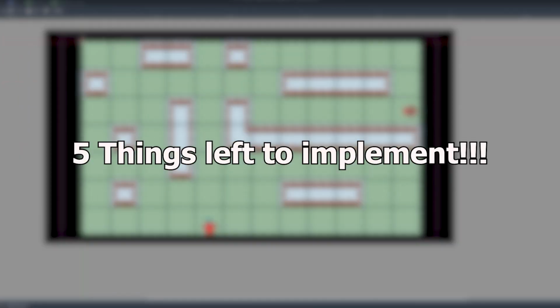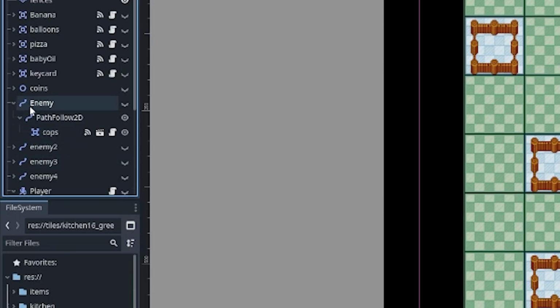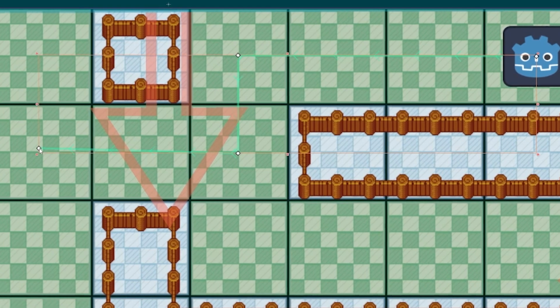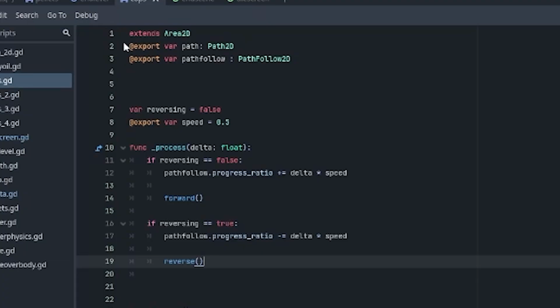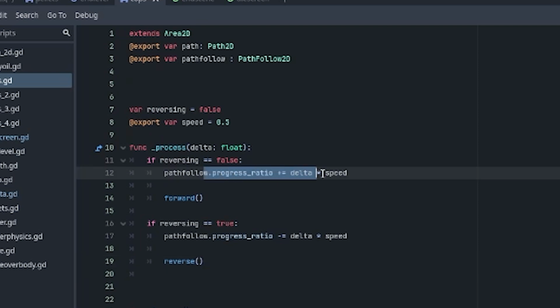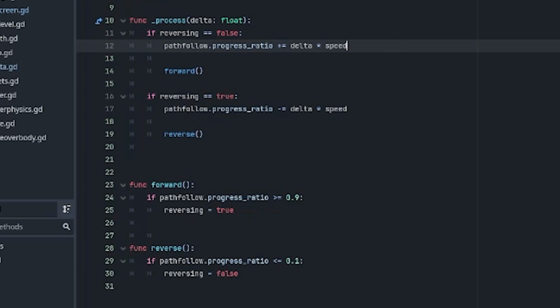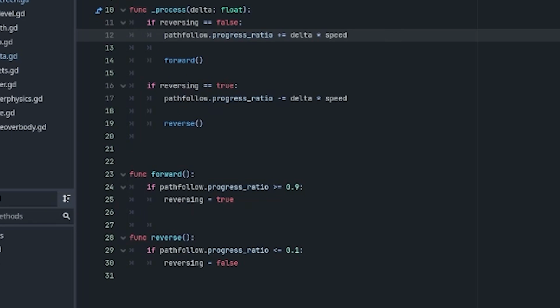The easiest will be the enemy. All it is, is a Path2D and PathFollow2D. First, create the path you want. Then you have to manually code the enemy to go along the path. But it's very simple. Just export PathFollow2D in your enemy script and reference the progress ratio. We are putting all of this in the process function. If you want to reverse the movement, just create a function called reverse that checks if the enemy has made